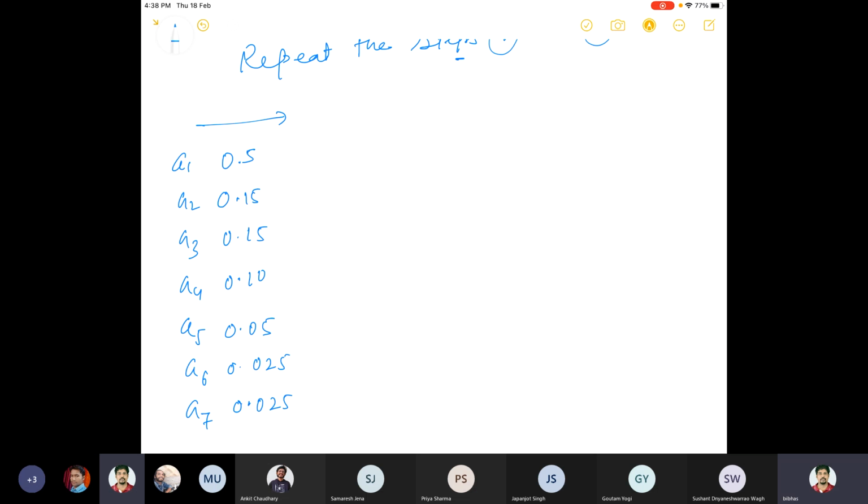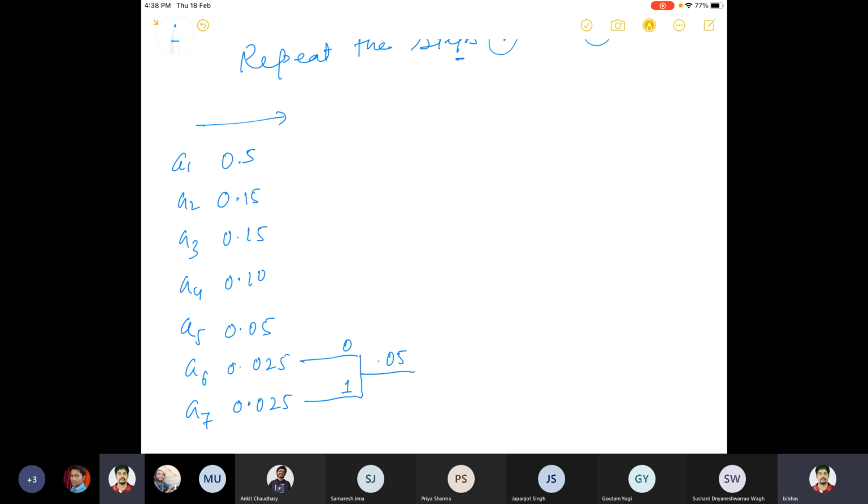So which two symbols should I club together? The last two, because they have the least probabilities. Club them together; we put 1 for one and 0 for the other. Then the probability will be the addition of these two. So I'll consider these two symbols as one combined symbol. The probability will be added, so the probability will be 0.05.